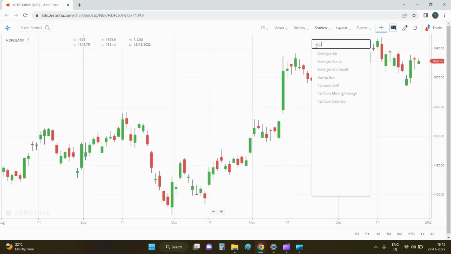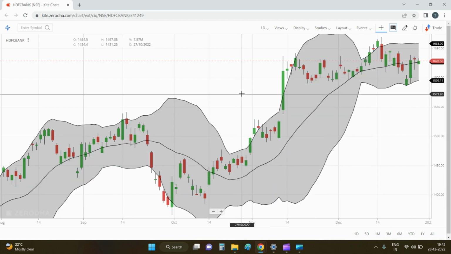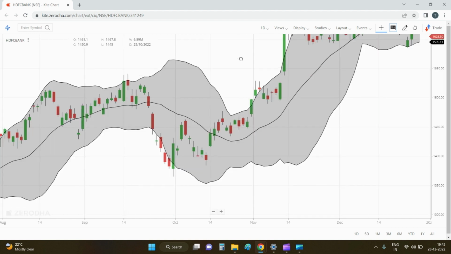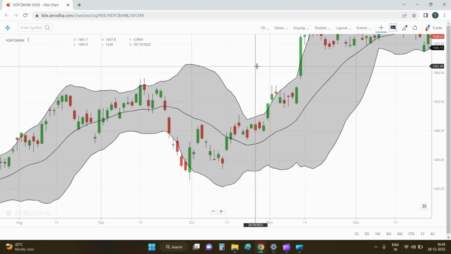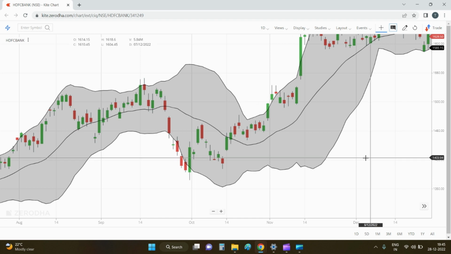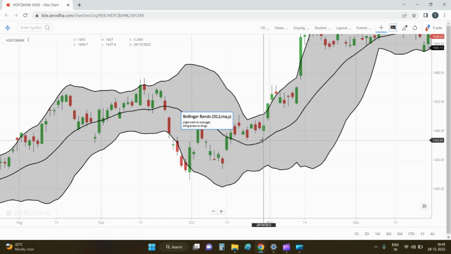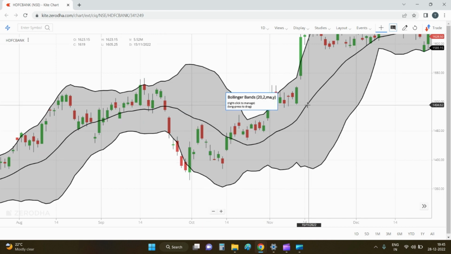Next is Bollinger Band. So we need to use these Bollinger Bands. Now you can see there is an envelope moving across the price. Basically, the Bollinger Band is a volatility indicator. It shows the upper and lower range of the price during that period. This is the upper line and this is the lower line, and the center line is the